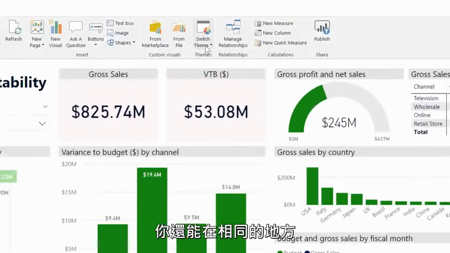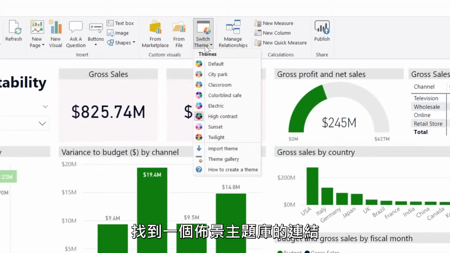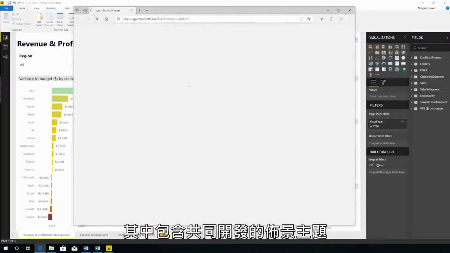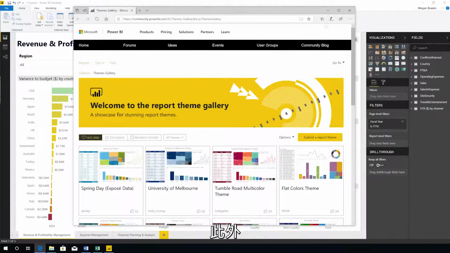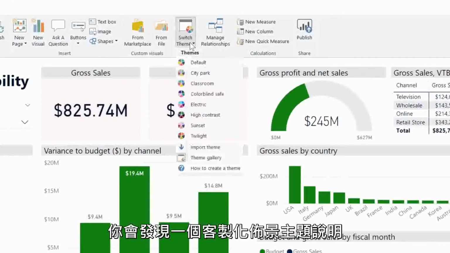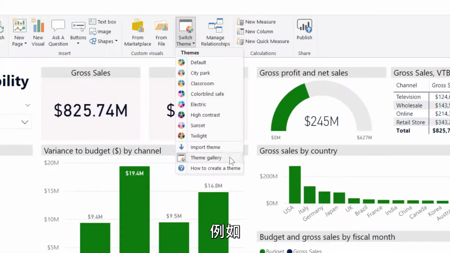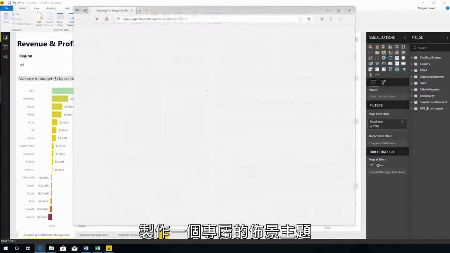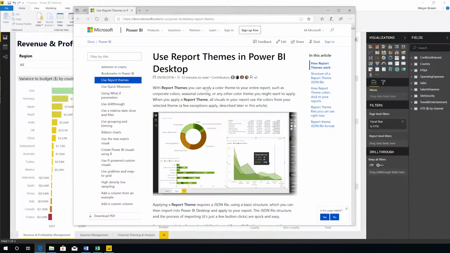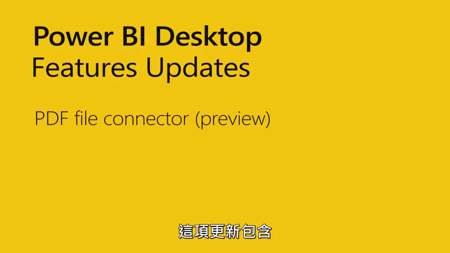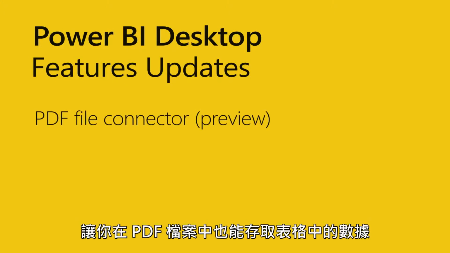You can also find a link to the Report Theme Gallery in the same place, which contains community-developed themes. In addition, you will find help on creating your own theme if, for example, you want to create one based on your organization's branding. This update also includes a preview of a PDF file connector that lets you access table